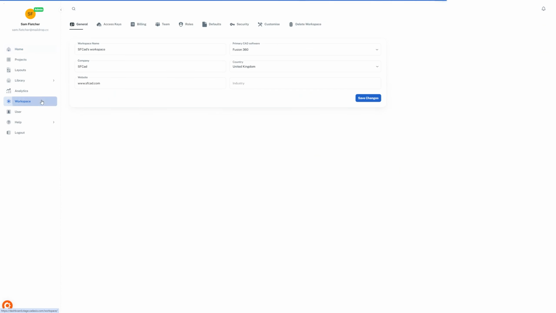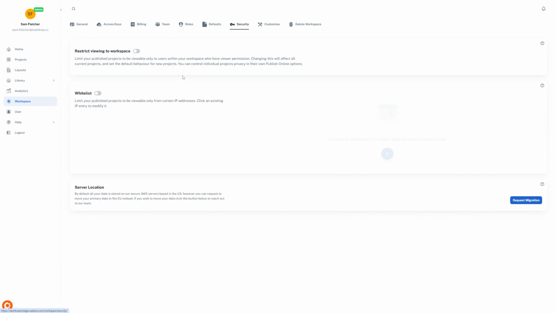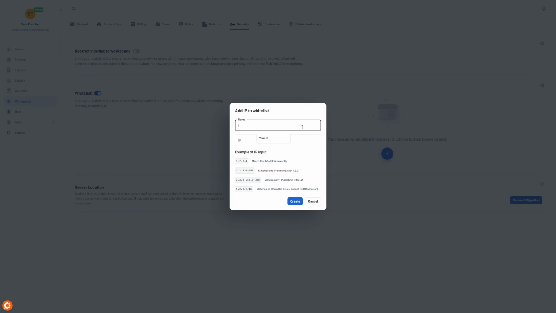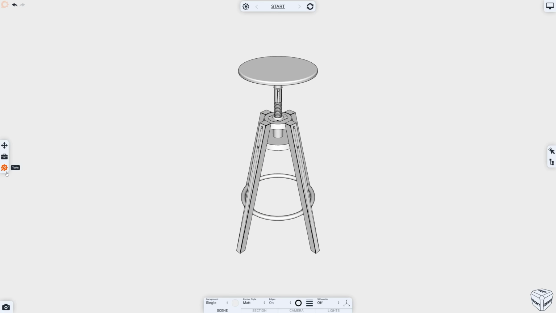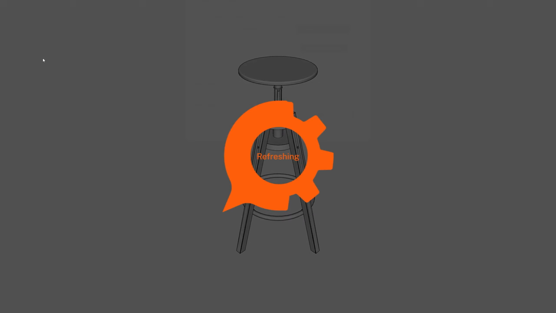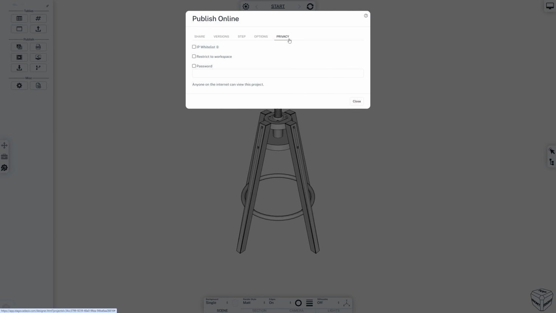Finally, you can restrict access to specific IP addresses. In the security area of the dashboard, enable the IP whitelist, then add specific IP addresses or a range of IPs. Back in the designer, enabling this option ensures that even if a link or password is shared, access is limited